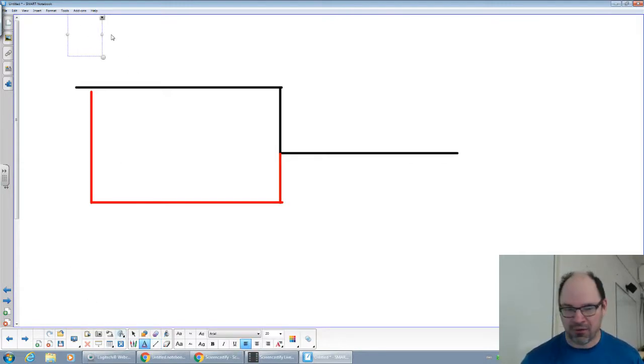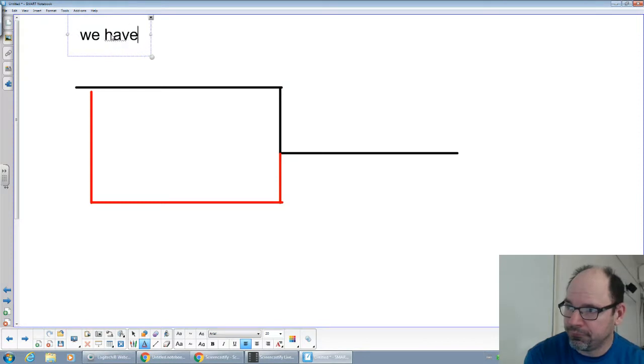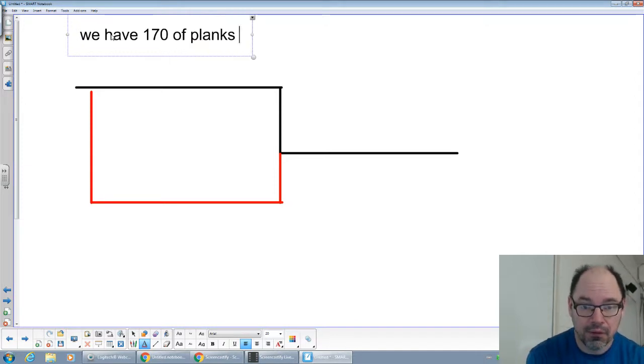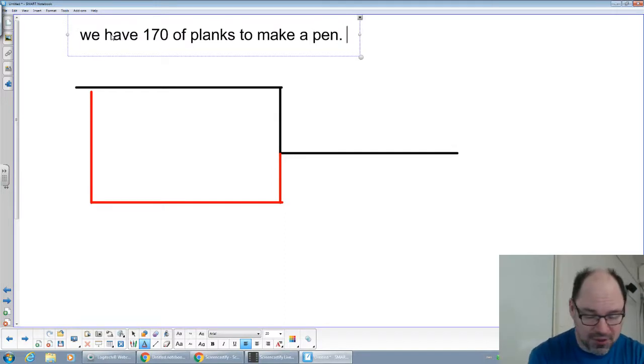We have 170 feet of planks to make a pen. Diagram below. And use the diagram below